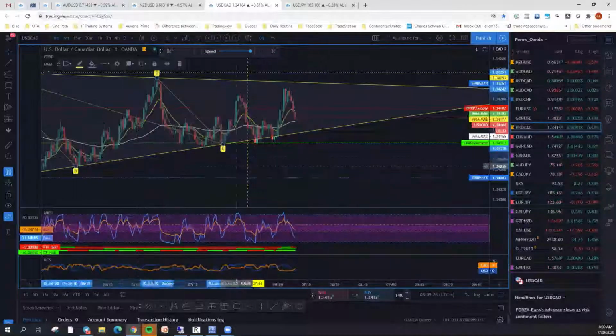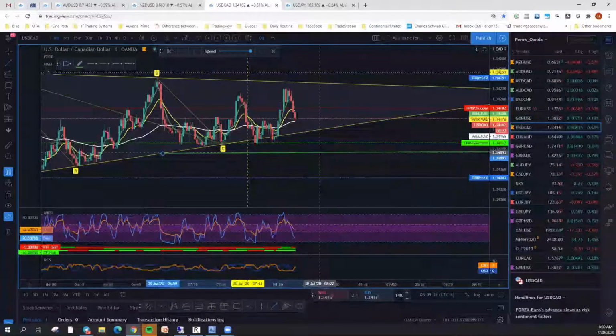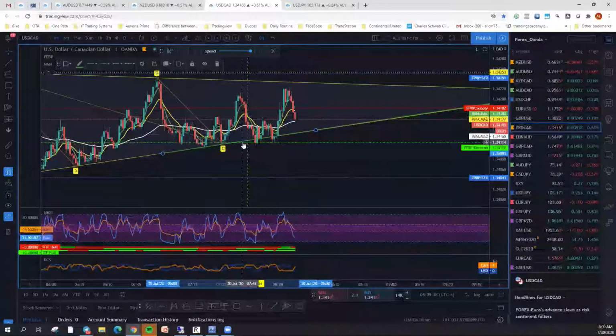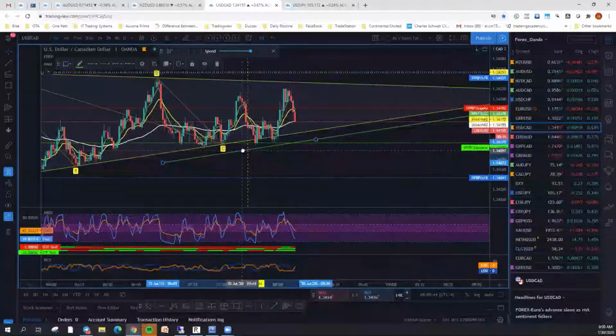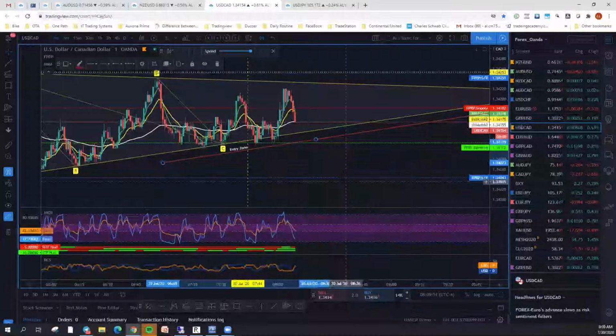I'm going to do that now. And then we're going to take this and move it down to, see, about 9.6. Right about there is close enough. Make this our entry zone to sell.